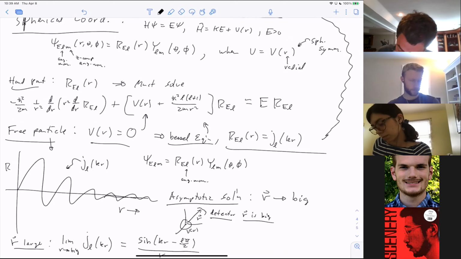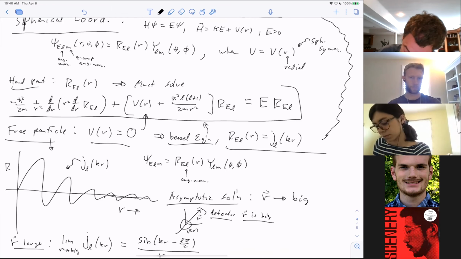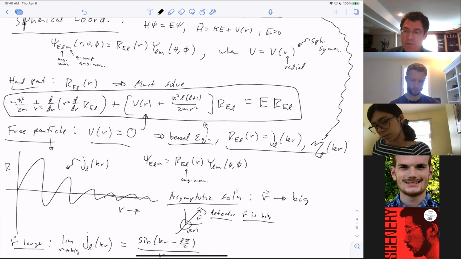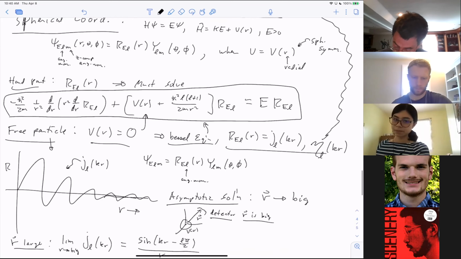And so I will also mention that when you solve this equation for the free particle, we get the Bessel function. And something that I did not mention, I just sort of glossed over it, is that it turns out there are two solutions to that. One is the Bessel function, but there's also another solution, the Neumann function. Now, for a free particle, we ignored the Neumann function because